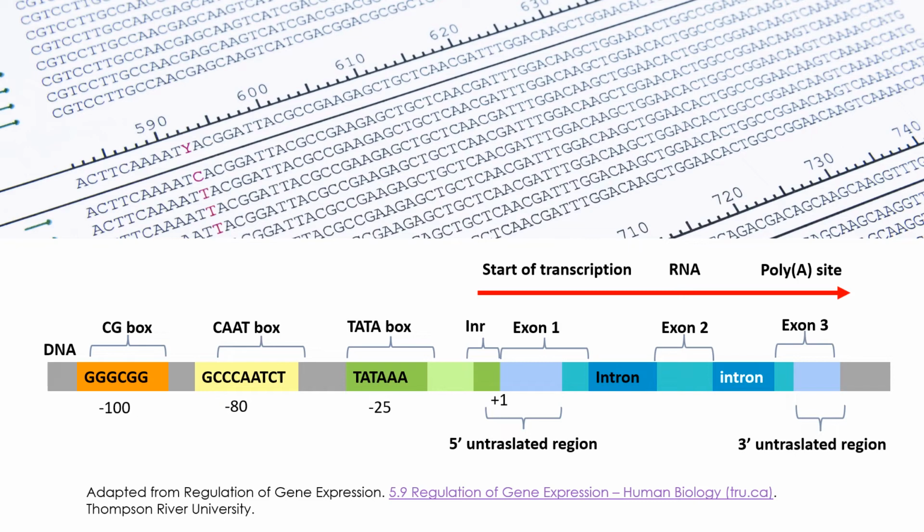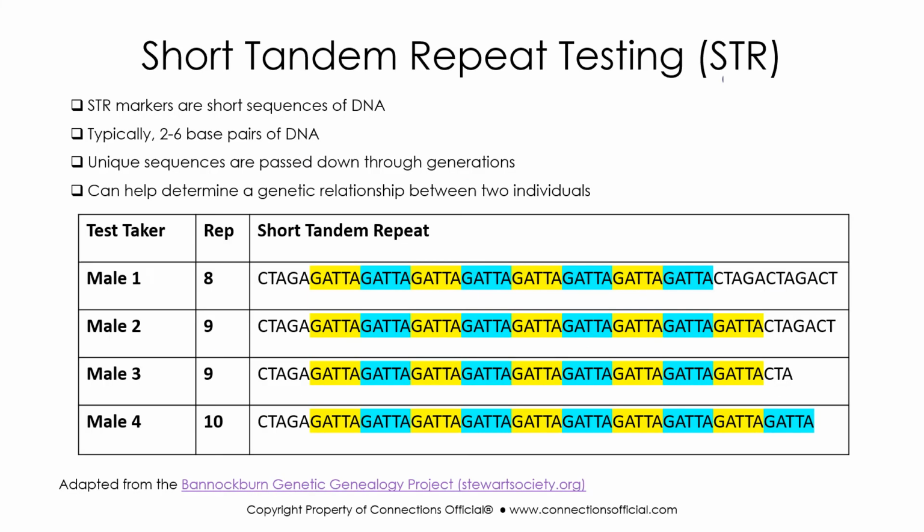So, as mentioned initially, the genetic code is made up of 4 nucleotides or nitrogenous base molecules: adenine, guanine, thymine, and cytosine, AGTC. If the sequence GATTA is repeated 3 times at a certain position on the Y chromosome, then the DNA result for that marker position is 3. In the example below, the results from testing of 4 participants is shown at just 1 marker position of the Y chromosome. Male 1 has 8 repeats of the sequence, while participants 2 and 3 have 9 repeats, and